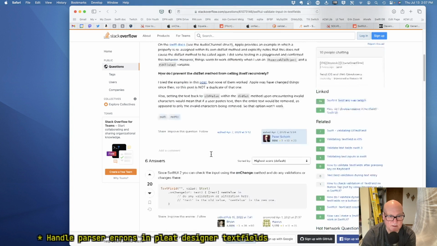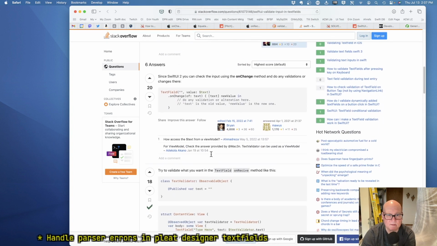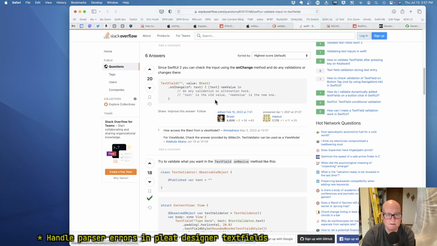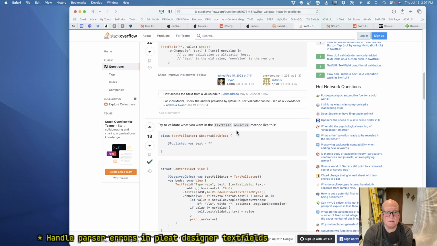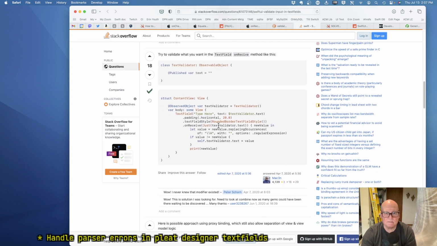Oh, this is the one we saw yesterday, I think. On switch IoT, you can do unchanged. Text validator can be used as a view model. On receive just value. Well, that's observed object.